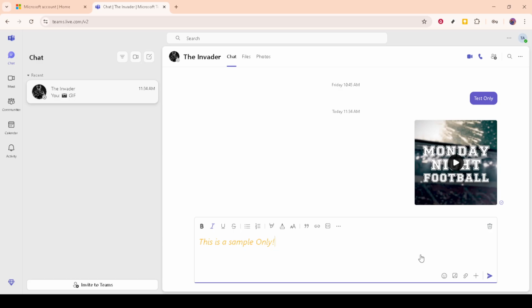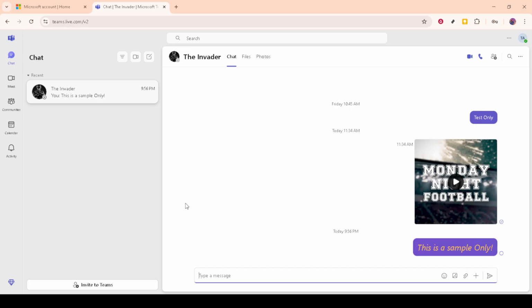Once you're in Microsoft Teams, navigate to the chat section. This is where you can access all of your conversations. From your chat list, select the chat you want to record in. It could be an ongoing conversation, a new chat with a single person, or even a group chat. Selecting the right chat window is crucial, as the recording will be attached to this specific conversation.